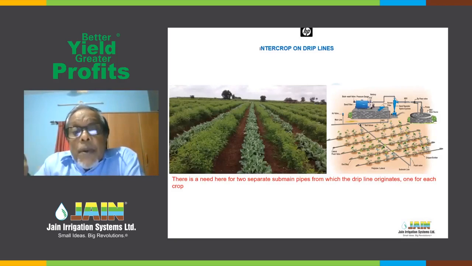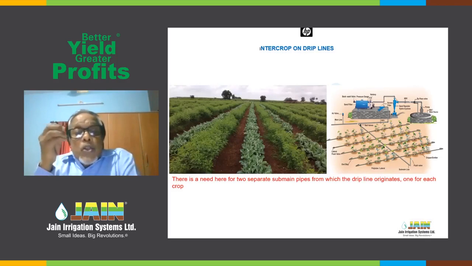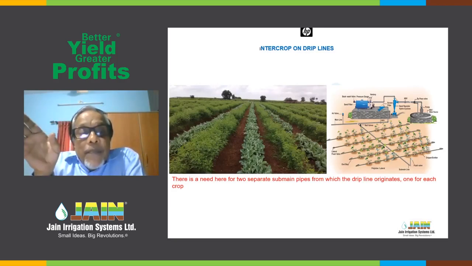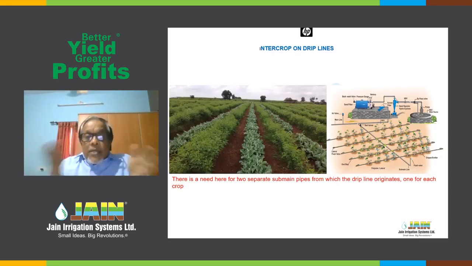How the drip lines have to be aligned and assigned. See, here the issue is this: you have two unrelated crops, and their crop seasons are different. For example, in this case, the cabbage will be harvested in 4.5 to 5 months. Finished. So, instead of cabbage, you can have even a watermelon. In 75 days it will be harvested. So its crop duration and its different stages will all be fitted into that 4 months or 75 days, whatever, based